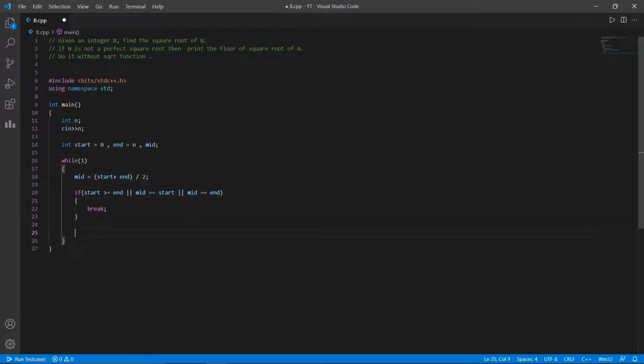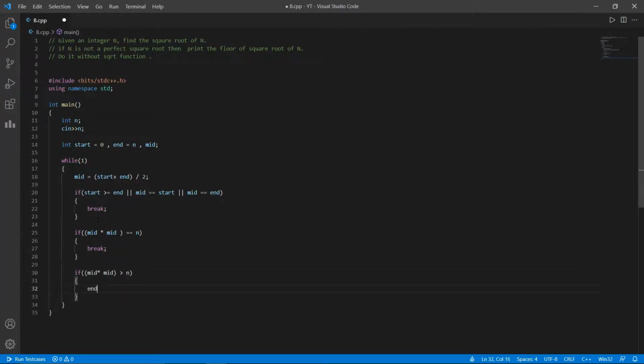Okay, now the main condition is mid into mid equal to n. If it is, then break. If it is not, then let's check whether mid into mid is greater than n.